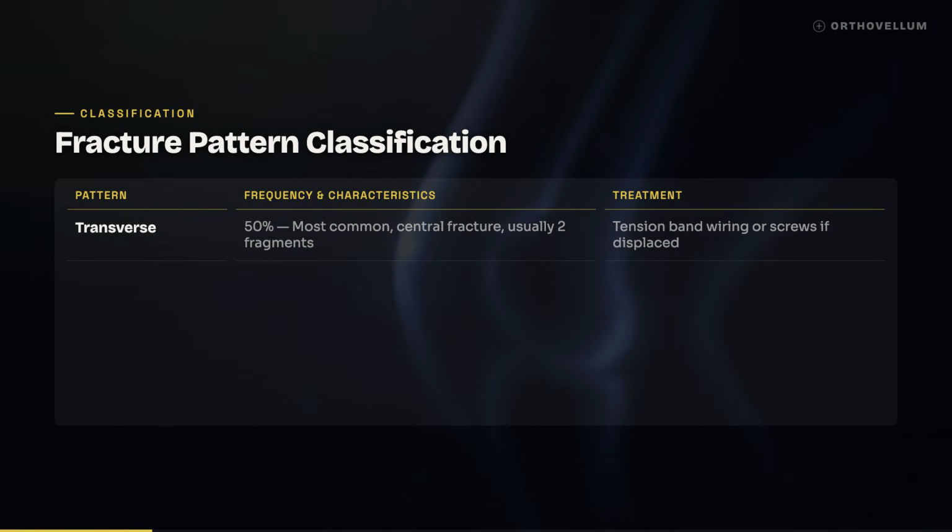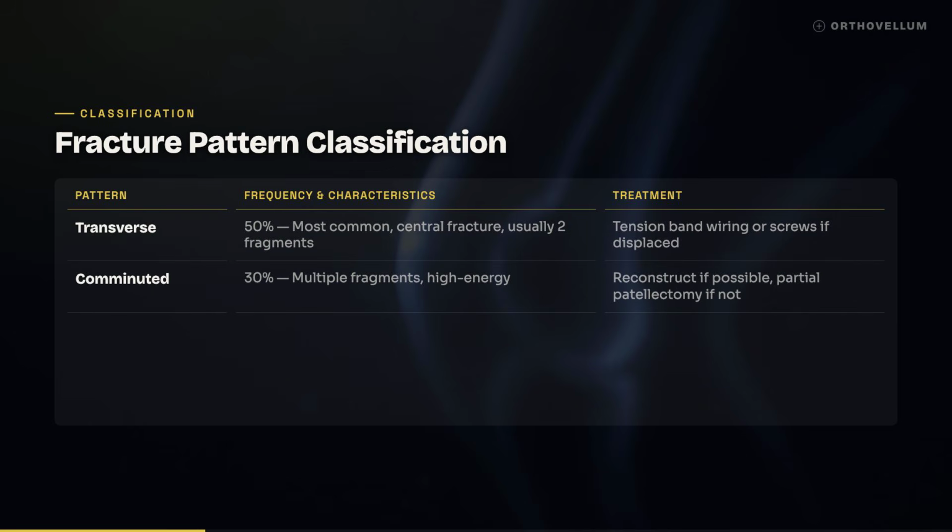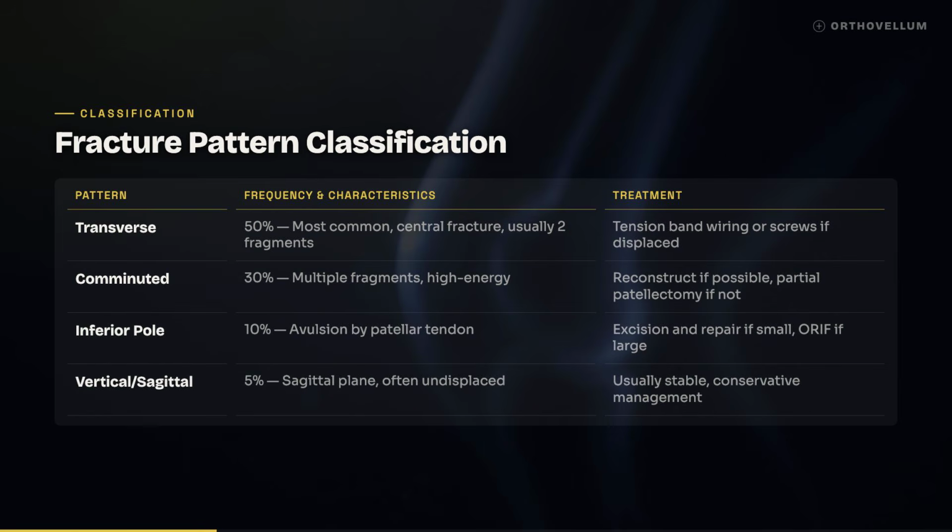Patella fractures are broadly categorized by their fracture pattern, which directly dictates your surgical strategy. Transverse fractures are the most common at 50% and are well suited to tension band techniques, whereas comminuted patterns present a reconstruction challenge. Less frequent are inferior pole avulsions and vertical or sagittal fractures, the latter of which are often